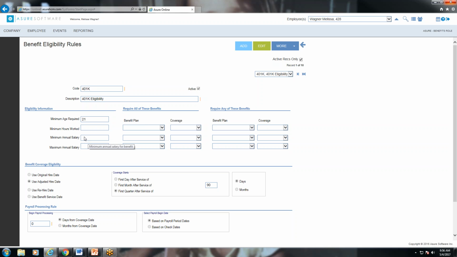If the benefit has some sort of regulation in terms of meeting a specific salary requirement, minimum and maximum annual salaries can be placed to go ahead and define or filter those employees out. The next area to the side allows you to go ahead and define any kind of required benefit that may be in your rules for your specific benefits. For example, for voluntary life plans,